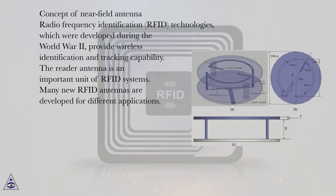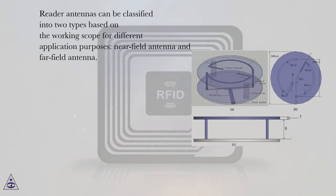Concept of near-field antenna. Radio frequency identification, RFID, technologies, which were developed during World War II, provide wireless identification and tracking capability. The reader antenna is an important unit of RFID systems. Many new RFID antennas are developed for different applications. Reader antennas can be classified into two types based on the working scope for different application purposes: near-field antenna and